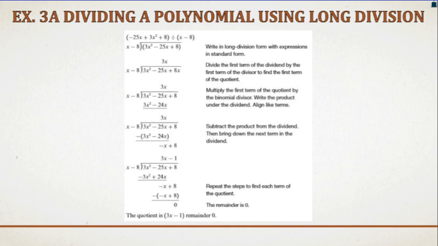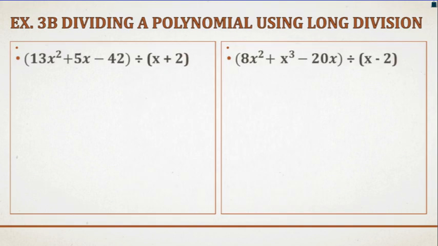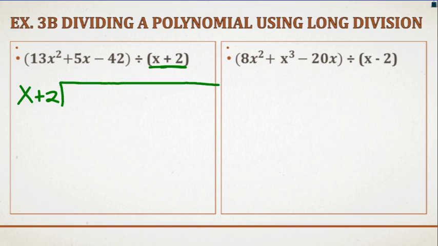Example 3, dividing a polynomial using long division. So going back to your elementary years where you were doing long division, we're just going to be doing the same steps, it's just with polynomials. So I'm going to write my divisor first, so x plus 2. So this will always be your divisor. And my dividend, what am I dividing the divisor out of? I need to put this polynomial